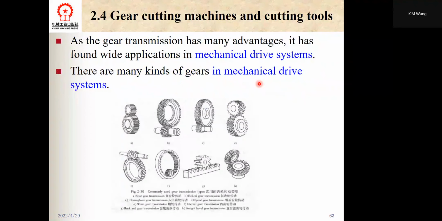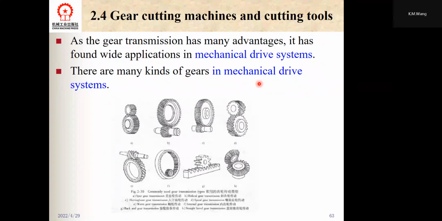And the 4 is the gear cutting machinery and cutting tools. As the gear transmission has many advantages, it has found wide application